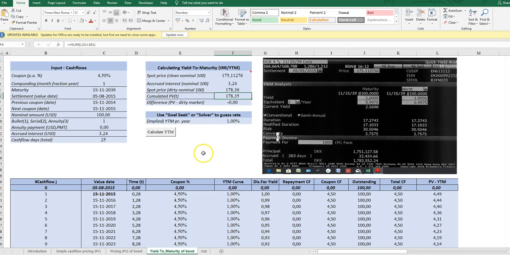So this is how you calculate the yield to maturity. Use the goal seek or the solver to do the trial and error for you, so that the cumulative present value of all your cash flows in the future on the bond are equivalent to the sum of the current observed spot price and the accrued interest. And this goes for all